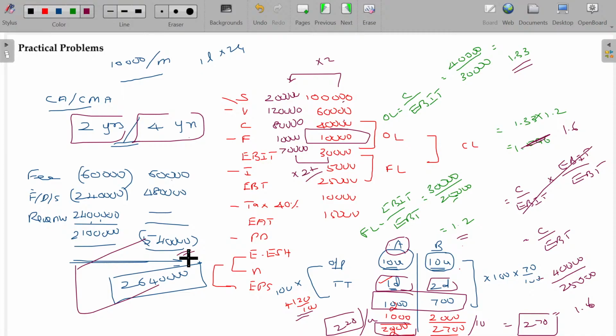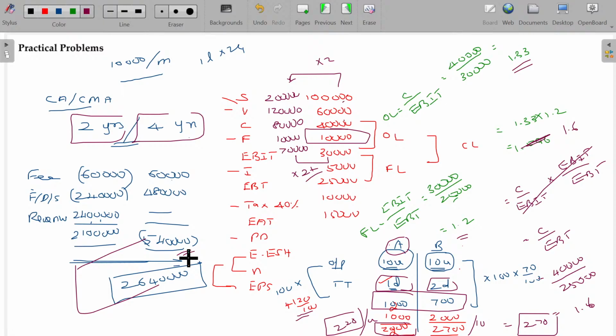If you give the exact pressure to pass the exams, you can pass in a single shot. Then it's a pleasant moment seeing the result. All the pain you have taken for appearing in the examination will vanish, and the congratulations you receive from various well-wishers will also be double boosted for you. So that's why I always tell you, give the exact pressure. If you are able to give the exact pressure, you can win in a single shot. That's the logic here in leverage also. To what extent can I increase the sales so that my revenue will increase.